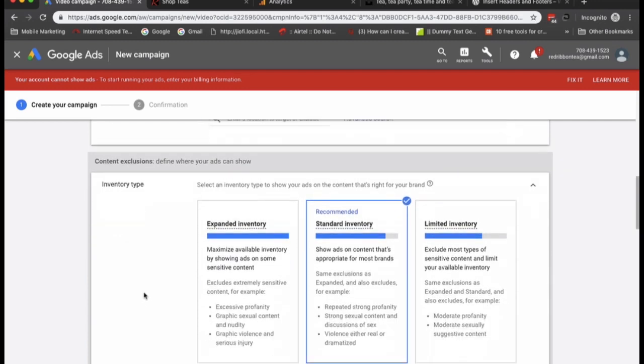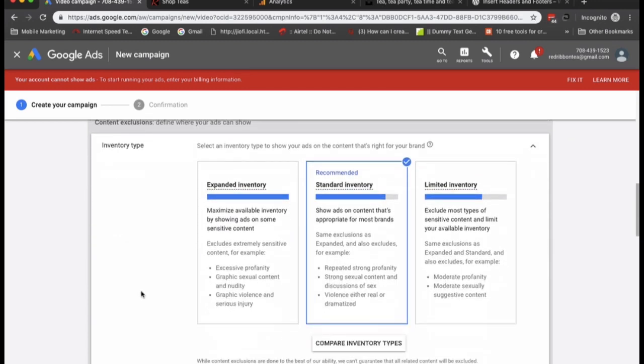Now here is an inventory type. Due to the sensitive nature of videos, that is explicit and adult content, you have an option to choose 3 different types of inventories where your ads will show.